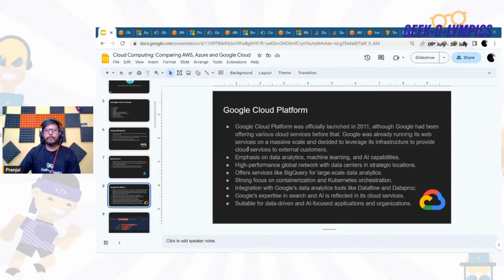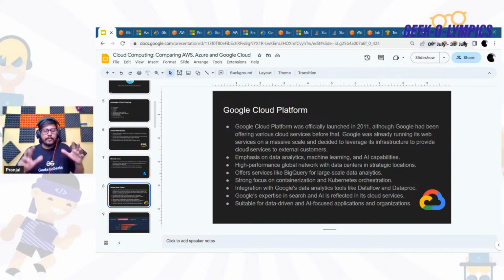They have TensorFlow. This is a very popular machine learning library which helps you build neural networks, all those things. Like with Keras, you will be able to build various things. I used TensorFlow when I was in college, and I'm still using it very much to build neural networks and machine learning applications. Because of the involvement of those advanced technologies, GCP is ahead of AWS and Azure in terms of machine learning, big data analytics, and container orchestration, because they have got the experience and expertise in those particular domains.